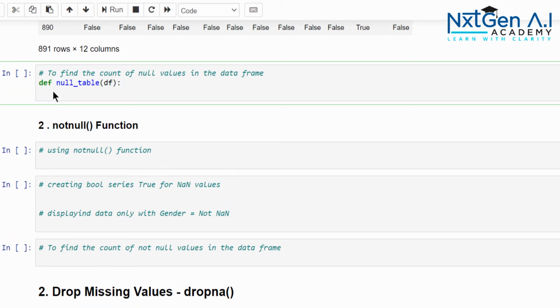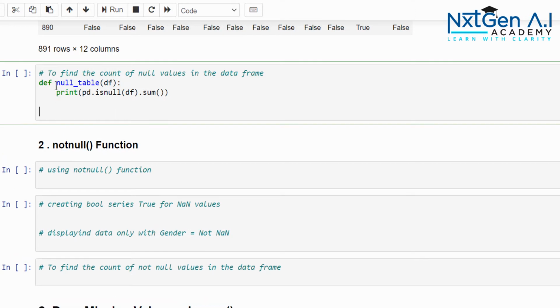Now print pd.isnull(data frame).sum(). What this exactly will do is count the total number of nulls as per the column names. Let's call the function and pass the df.